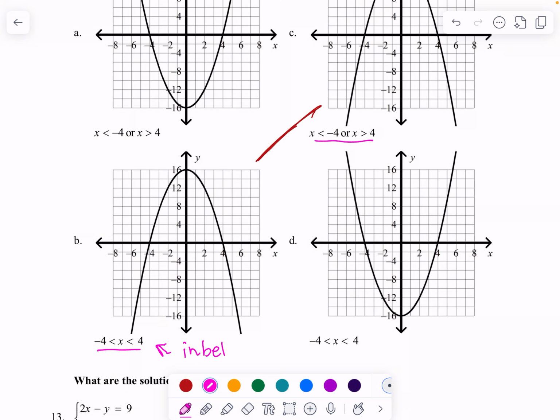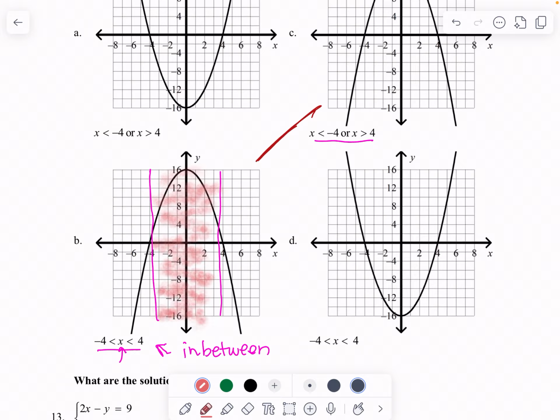Because literally, the x is between -4 and 4. So that would have dashed lines there, and it would be shaded in between, like we had, right? So what I would put on my notes for this is,